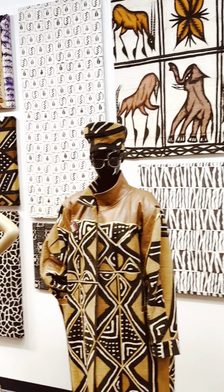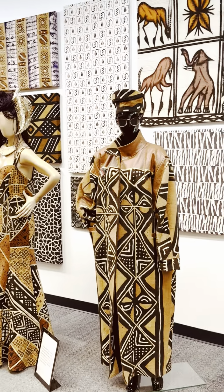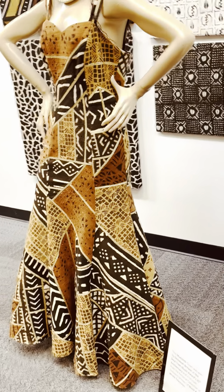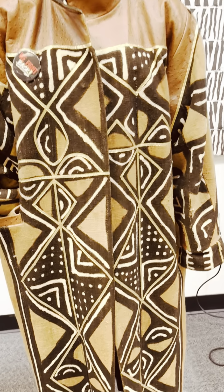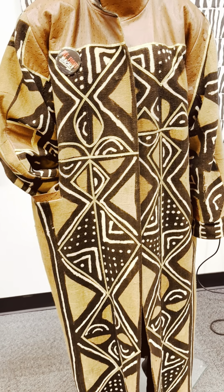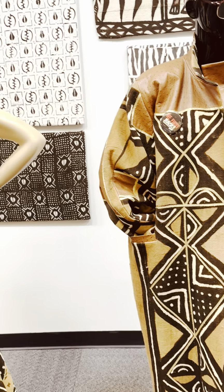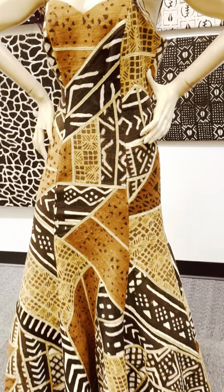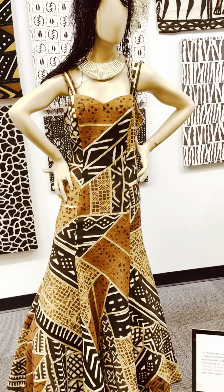Now, this is our mud cloth exhibition. Everything on this wall is made from mud. That's right, mud from the earth. This coat was Senator Diane Watson's coat that I made for her when she was a senator. She became an ambassador and a two-time congresswoman, two terms. And this was Giovanni Brewer's gown that I made for her during the Soul Train Awards